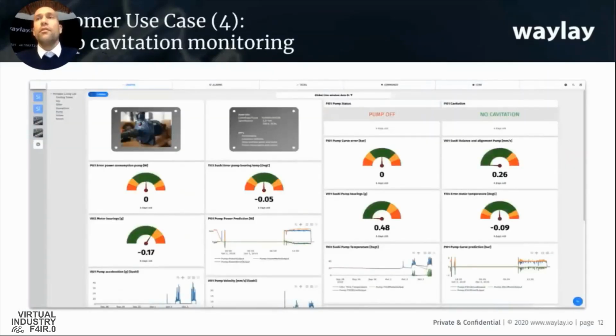This dashboard here is shown in a bit of a nicer resolution. So here the use case is pump cavitation monitoring. Again, we are flexible in what we can do with those dashboards. In addition to just showing simple values, we can show graphs as well on the time series database. And whilst at the front end, there might be just a simple alarm field here, like telling you that there is no cavitation at the moment,